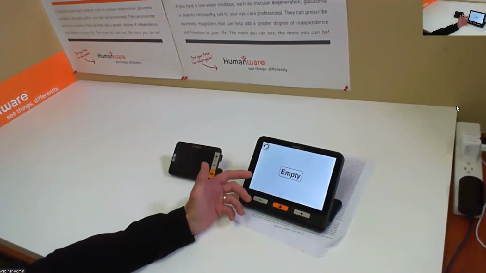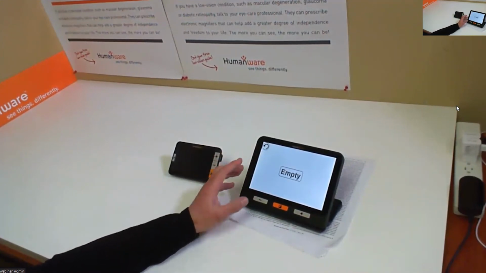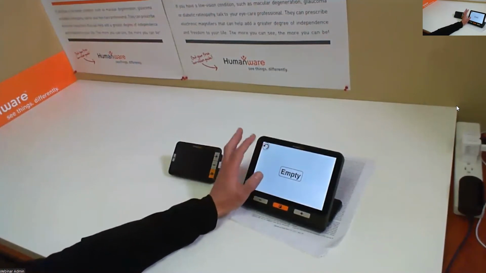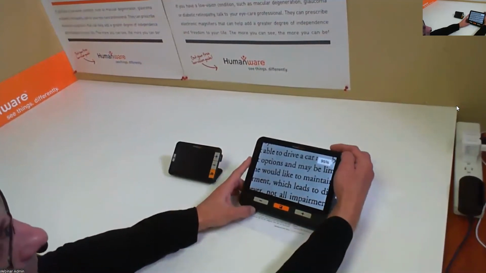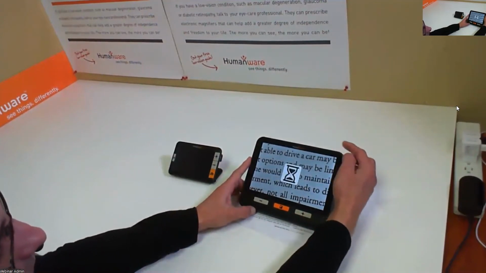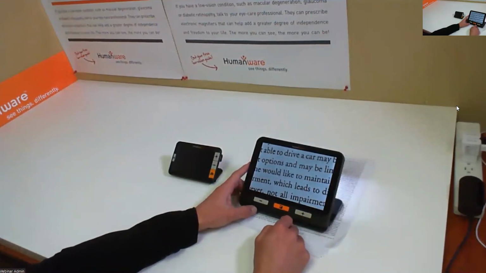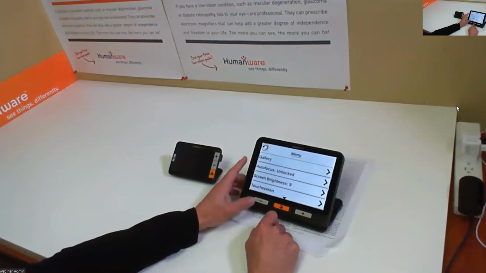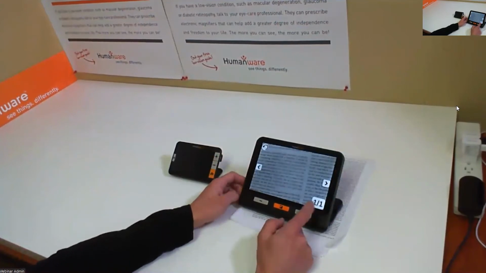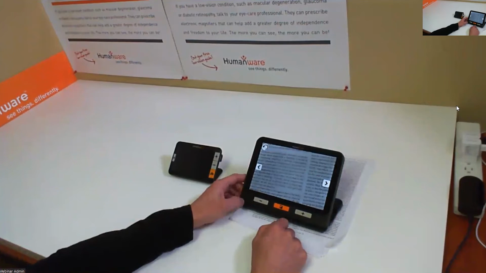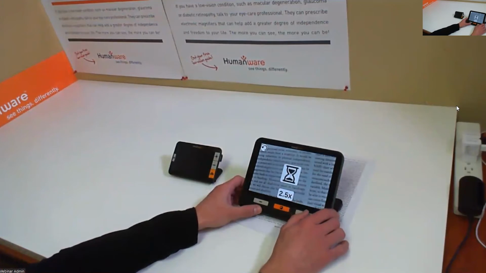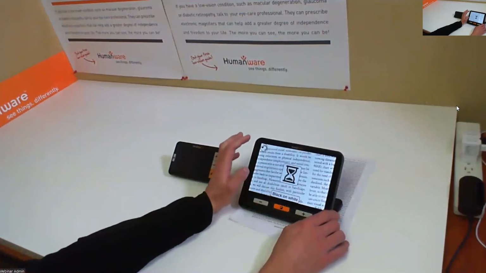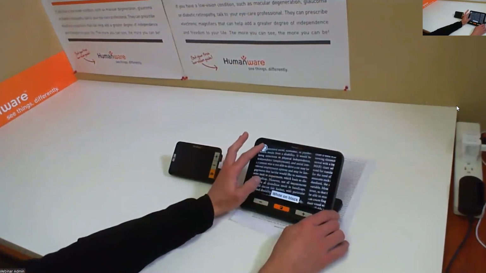Over here, my gallery is empty, but if I had taken a picture, it would be in the gallery. We'll see it later. If I come back to live, I can press and hold the capture button, and it's going to save it to my device, as you notice. We'll go back to my gallery, and my picture is in my gallery. I can start zooming in on the picture, and I can also change the contrast colors as I wish in the picture. So if I come back,